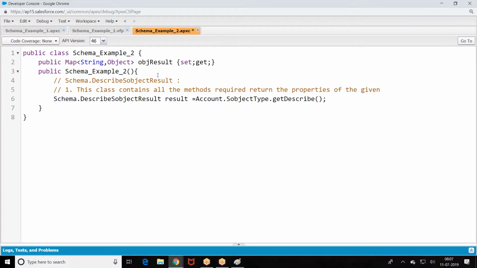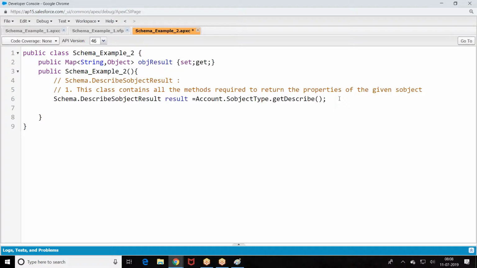This class contains all the methods required to return the properties of the given SObject. So Account.SObjectType.getDescribe, name of the object, Account.SObjectType.getDescribe. We are getting the properties.